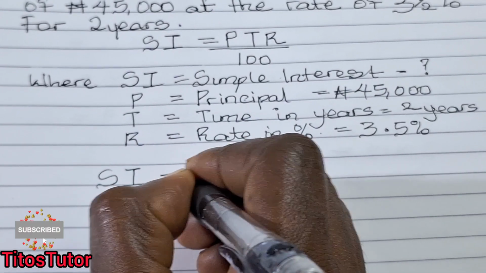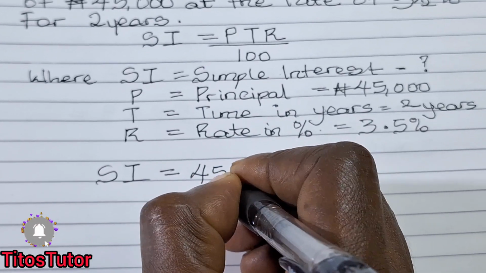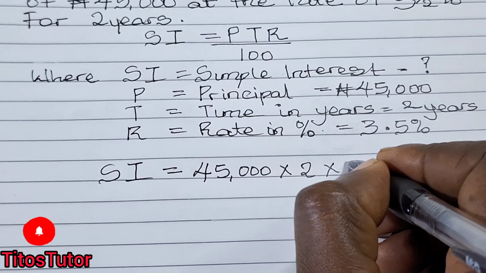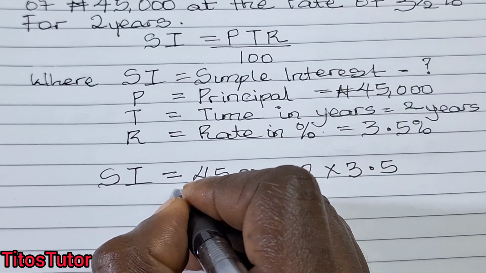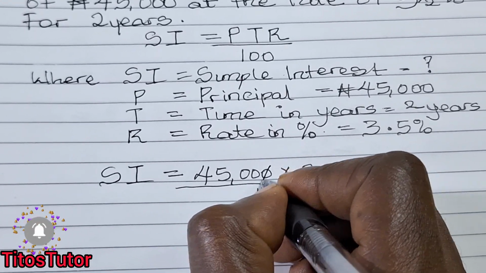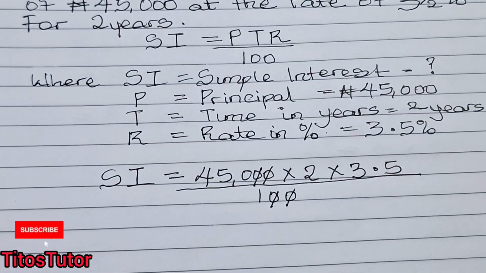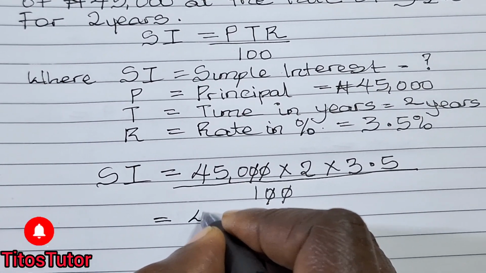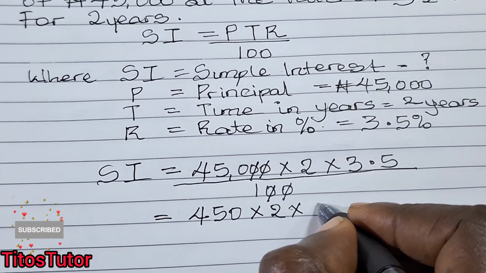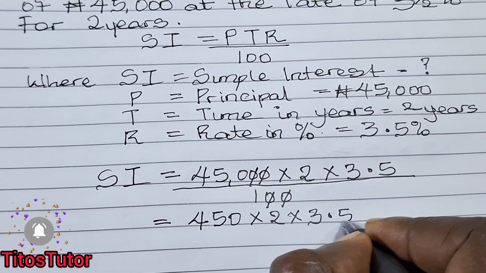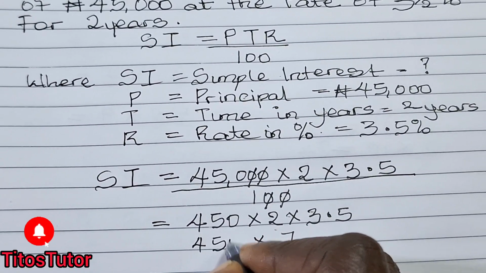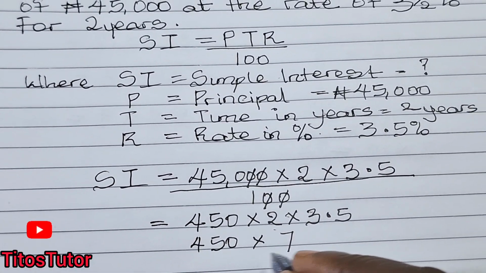SI is equal to 45,000 naira times 2 years times 3.5 all over 100. 2 zeros under cancels 2 zeros on top. Over 1 is nothing. So I have 450 times 2 times 3.5. 2 times 3.5 is definitely 7. So I have 450 times 7, which gives me